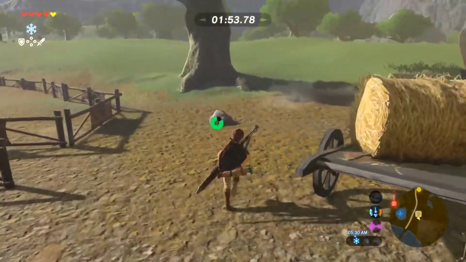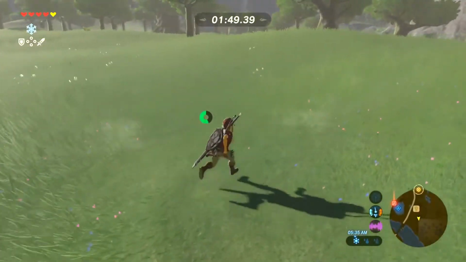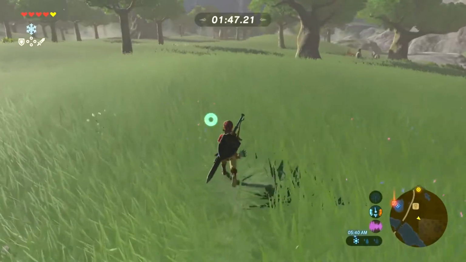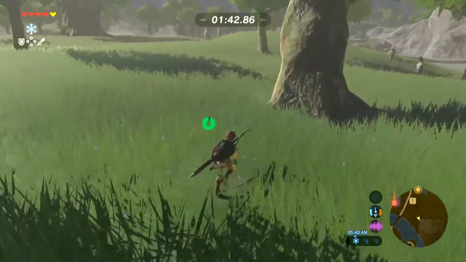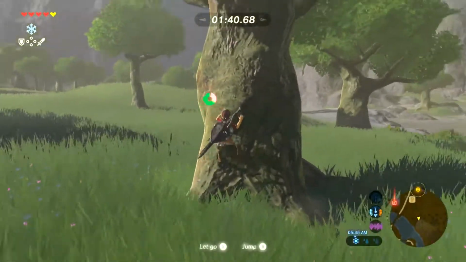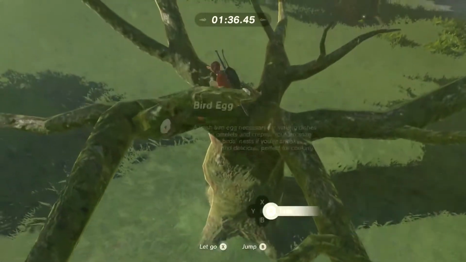Well, I didn't mean to get into this now. I was trying to actually get a location for the Kakariko Village. But what I'm going to do is climb up these trees because the horses will actually attempt to run away. Oh, there's eggs. The horses will attempt to run away from you, so...